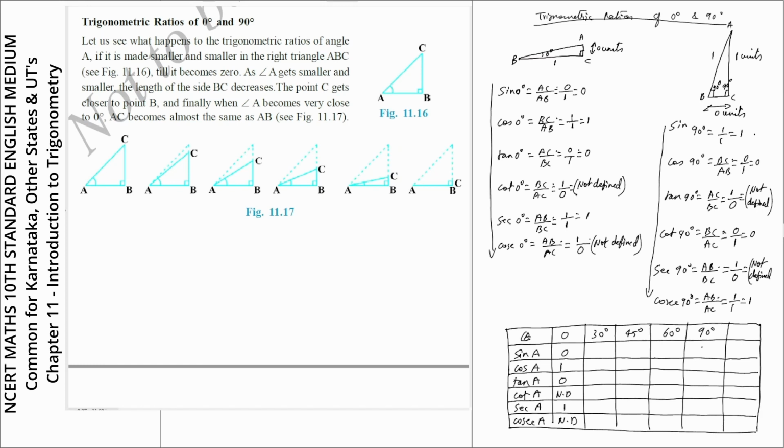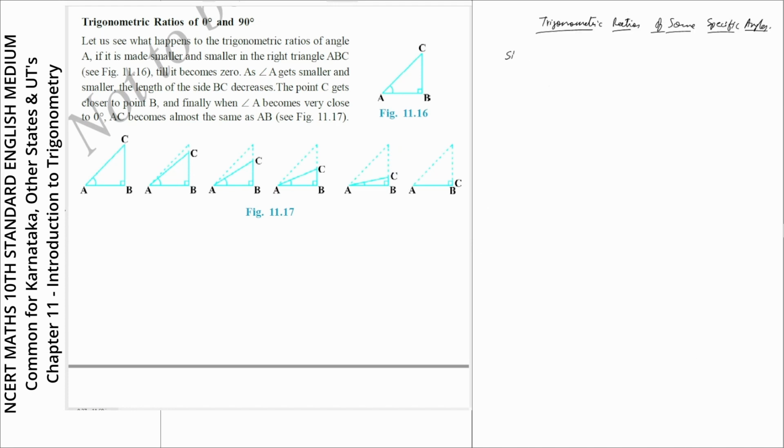Sin of 90 degrees 1 we got, cos of 90 we got 0, tan of 90 we got not defined, and cot of 90 degree we got 0, secant of 90 degree we got not defined, and cosecant of 90 degree we got as 1. Okay, the last column is done, and in the previous page we already computed the values of